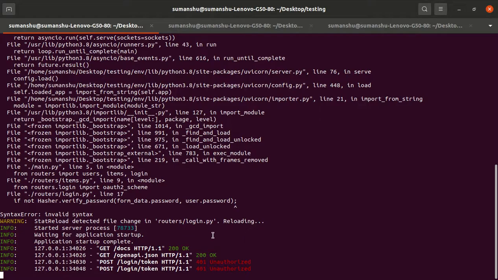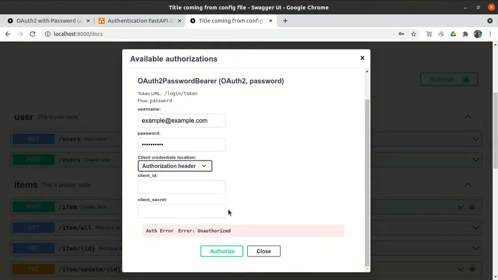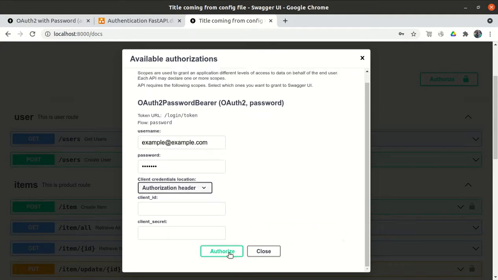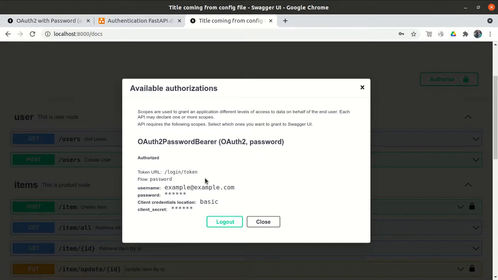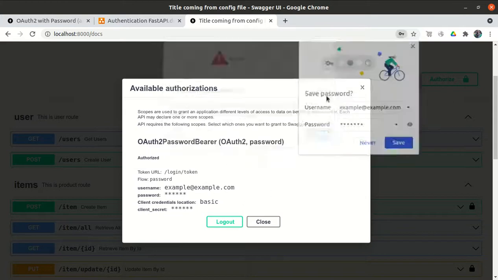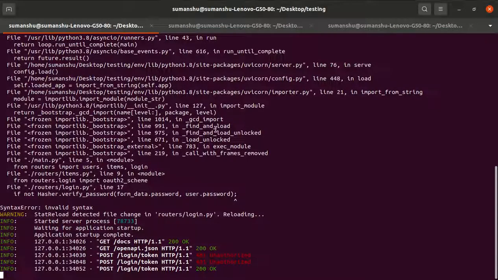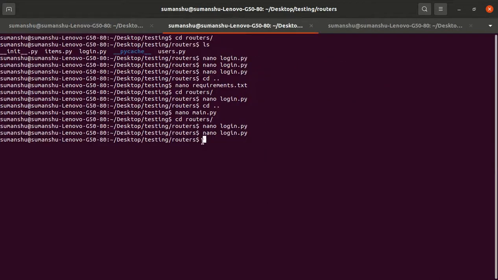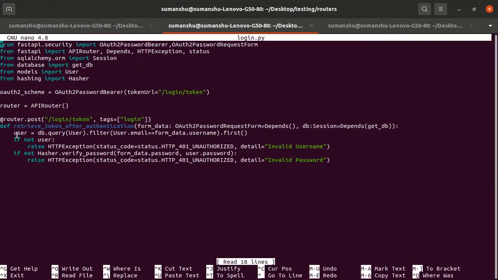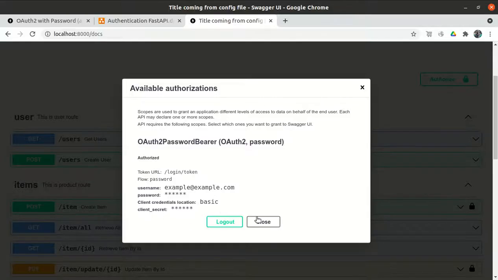Again it fails with unauthorized, because if the user exists but the password doesn't match, then it will fail. But if I give the correct password, and now authorize, it will be authorized, right? It did not give the error because the user exists and the password also matches. Now if I close it, we can log out.